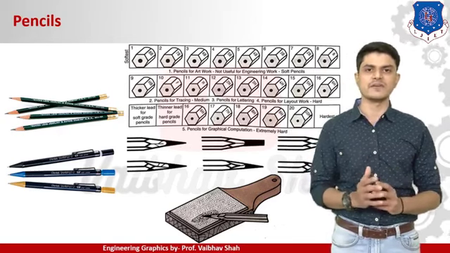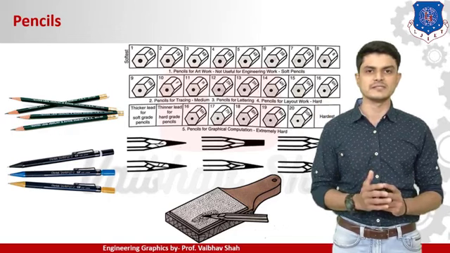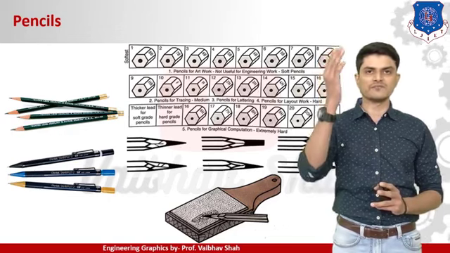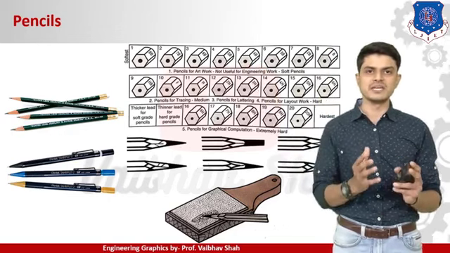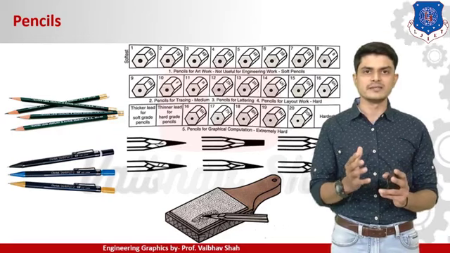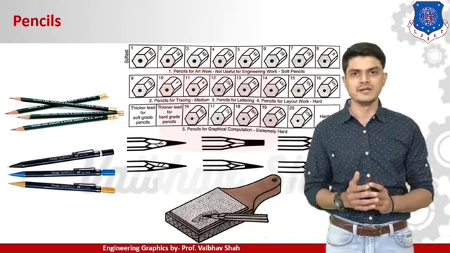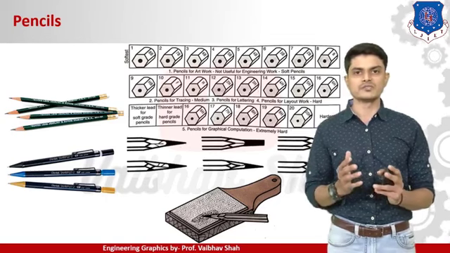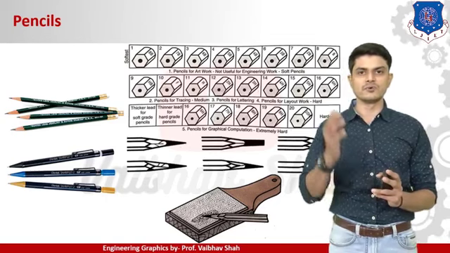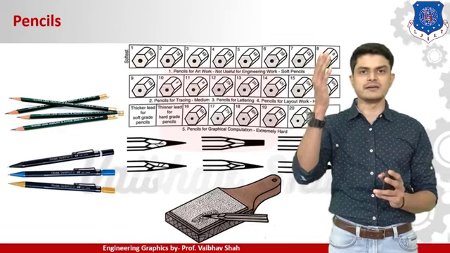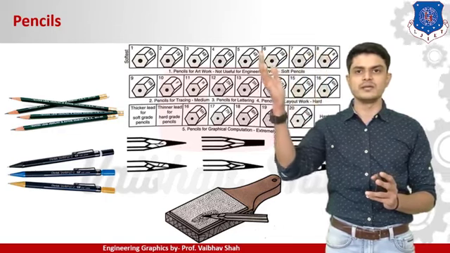So there are different kinds of grades available for any pencils in the market. Let's first start with this first row here. This is a B grade pencil. B means bold grade. That means you can have a darker handwriting by the usage of this bold grade pencil, which is having a very soft lead, and as you go from this B grade to 2B, 3B, 4B, 8B,